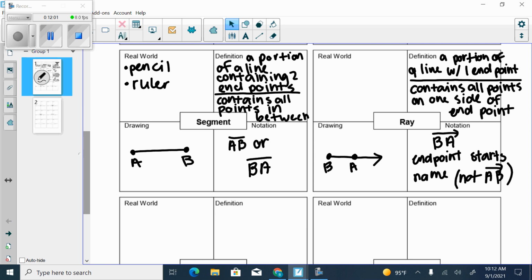Okay, can anybody give me an example of a real world ray? Right, a sun ray, right? It starts on the sun, so it has some starting point, but it goes off, right? Okay? All right. So next one,